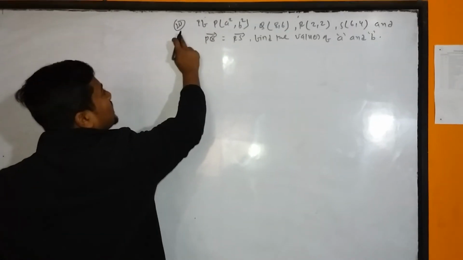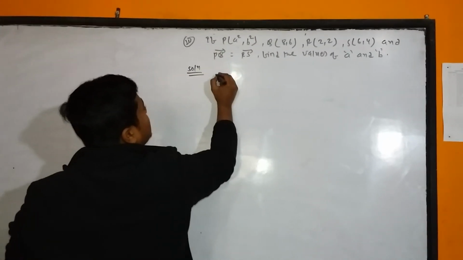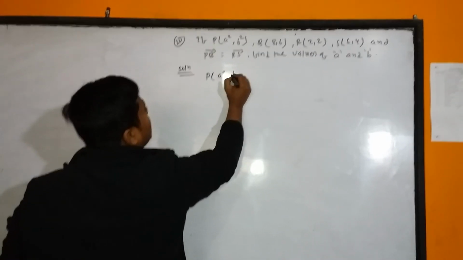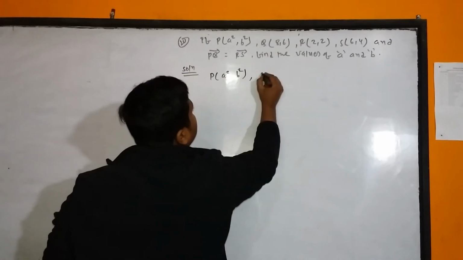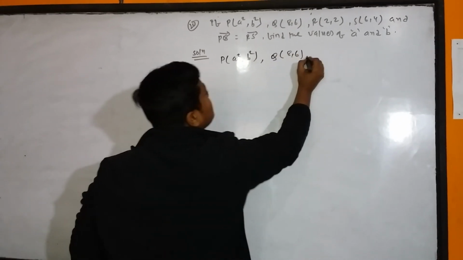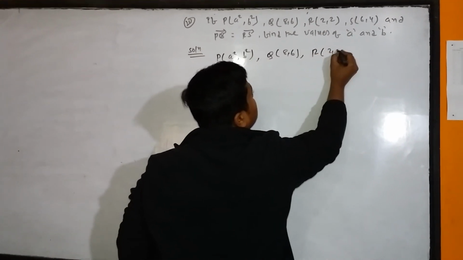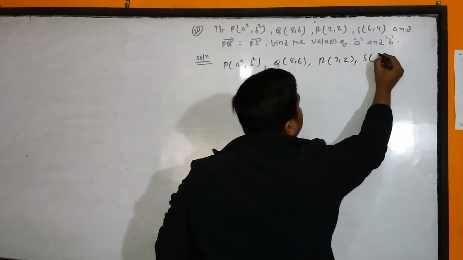Question number 10. If p coordinate is given here a square comma b square, and q coordinate is given here 8, 6. R coordinate is given 2, 2, and S coordinate is given 6,